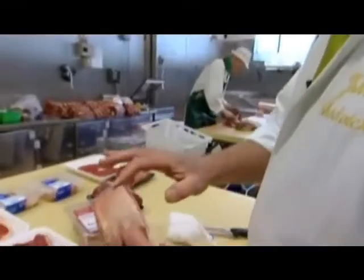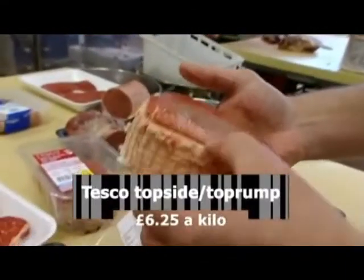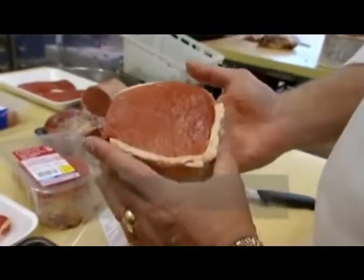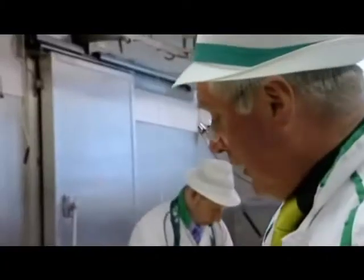We've got another one. Oh, it's a cracker, this one. We've got the natural fat there, and we've got some added fat there. That means you've got animals from more than one beast. Bad butchery. If I look at mine,